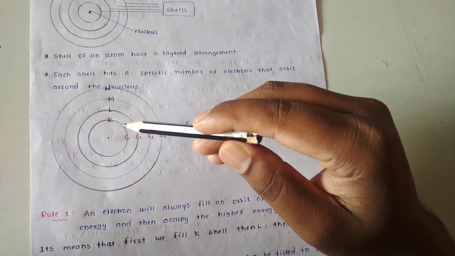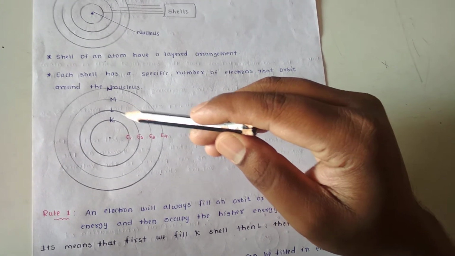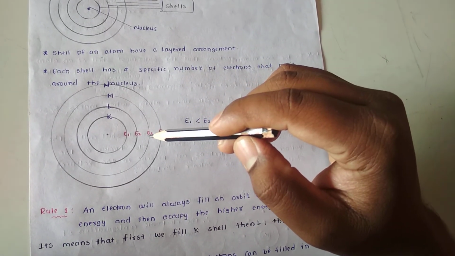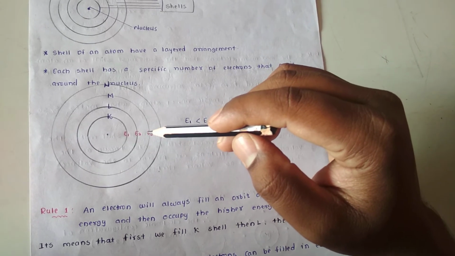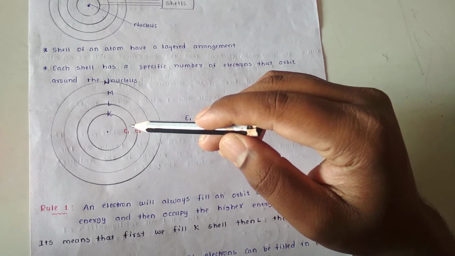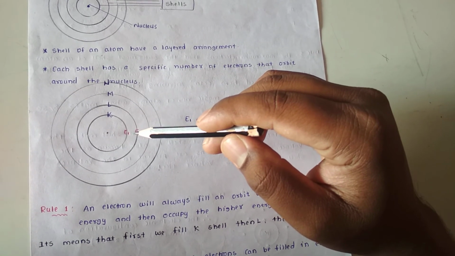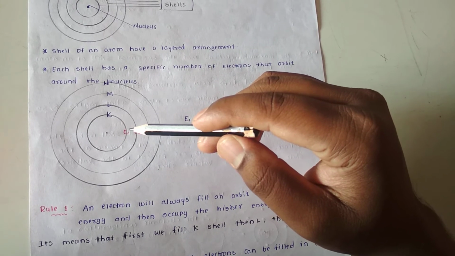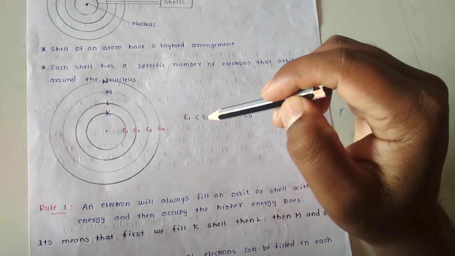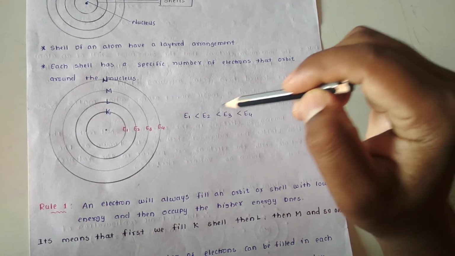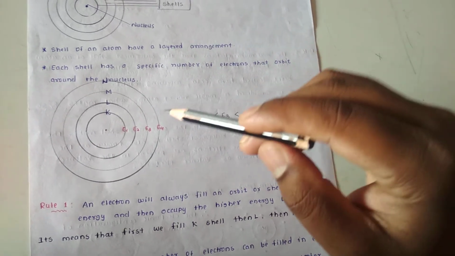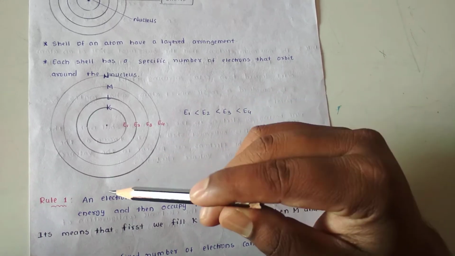To understand this, we need to understand a bit more about the atomic orbit. You know that the shells are also known as energy levels. As they have fixed energies, this energy is least for the innermost orbit, and as we go outward the energy keeps increasing. Means E1 is greater than E2, E2 is greater than E3 and E3 is greater than E4. Which brings us to the first rule.